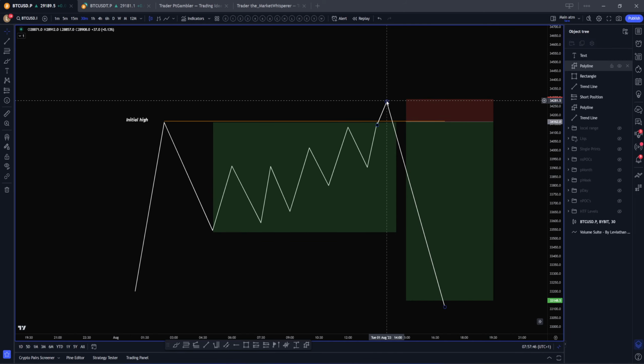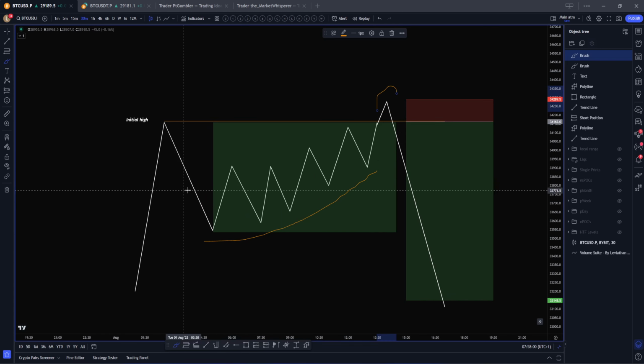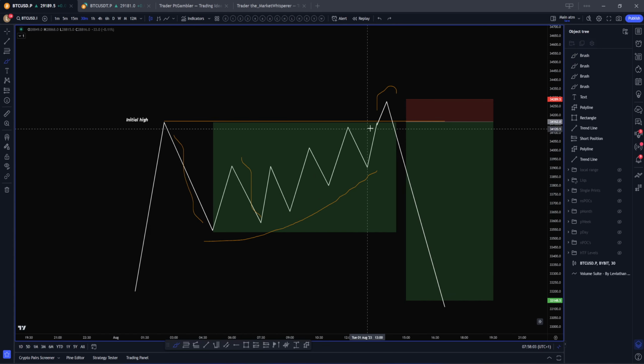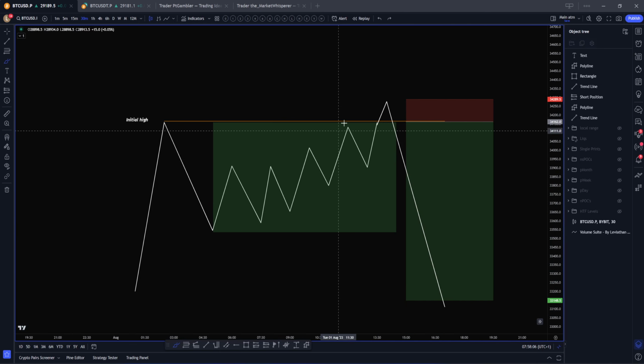You can also get a combination of people being stopped out with trap traders, but the best scenario in this case is where you will see a massive drop off in open interest upon this high being swept, because it just validates the idea that everyone who was newly shorting this has just been stopped out. People are newly, aggressively shorting, are stopped out, and then you can get the move. So a decrease in open interest in this case actually validates the idea of these eager positions being stopped out